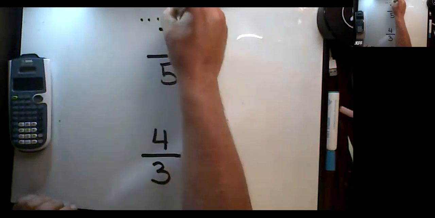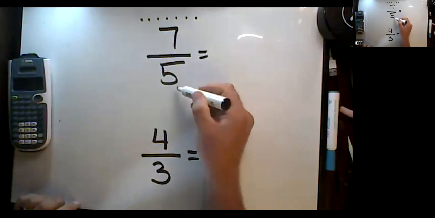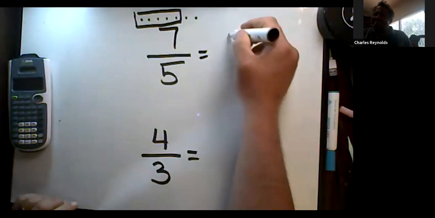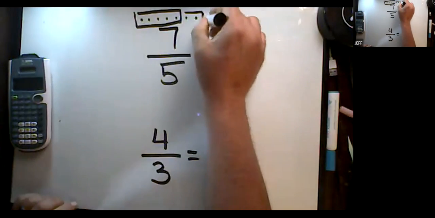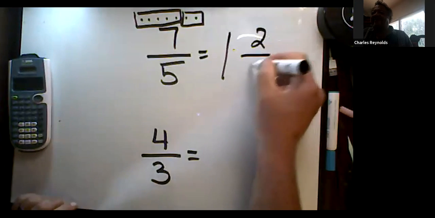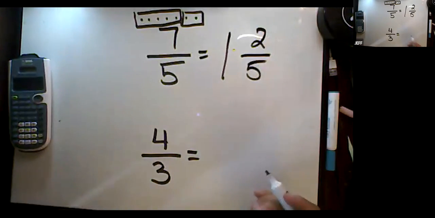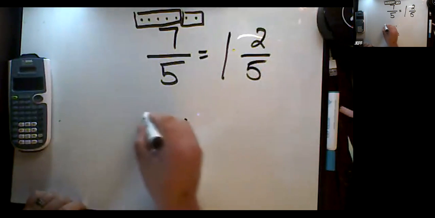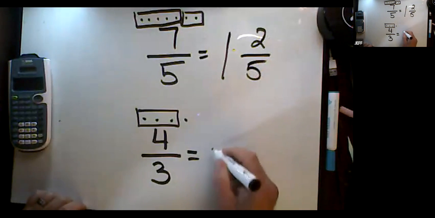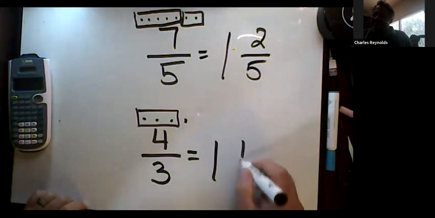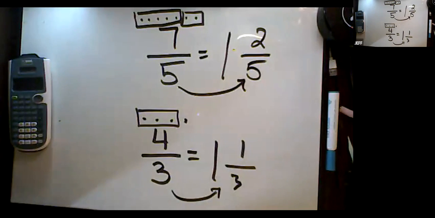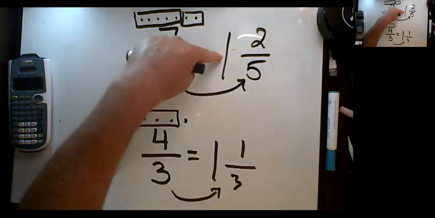1, 2, 3, 4, 5, 6, 7. How many 5s can I pull out of that? 1. There's my 1. And then there's 2 left over. 2/5. You got it. So it's just like dividing with a remainder. How many 3s can I pull out of a 4? I can pull 1 set of 3s out of a 4 with 1 left over, and the bottom number moves on over. You got it. So that's how straightforward this is. Sometimes it's going to be more than 1,